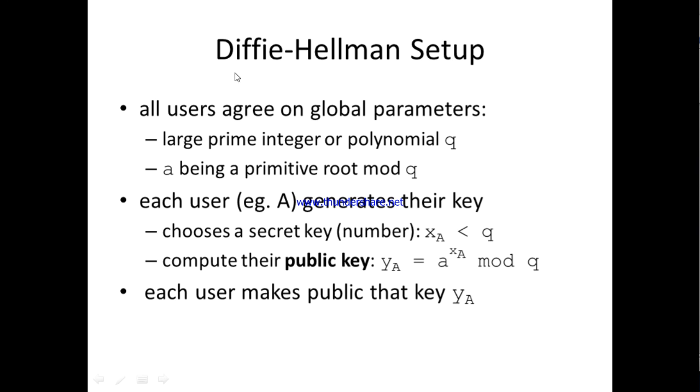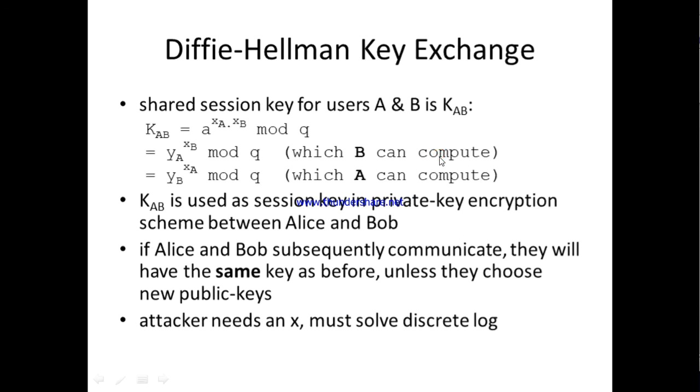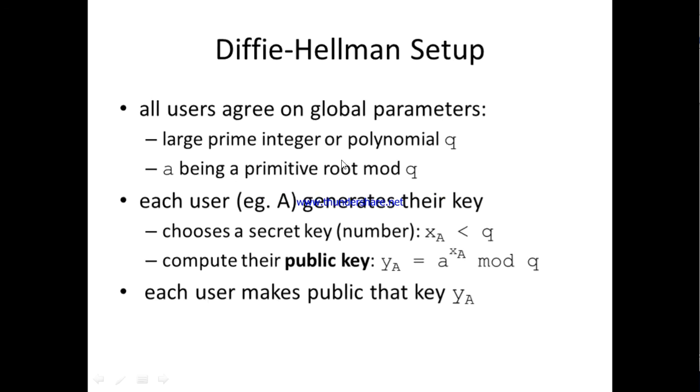Okay, so here it is going to choose a large prime number, integer or polynomial. So we are going to take that as Q, a large prime number Q, and we are taking a value A that is a primitive root to Q. We have to select A, which should be a primitive root to Q. So what is primitive root?